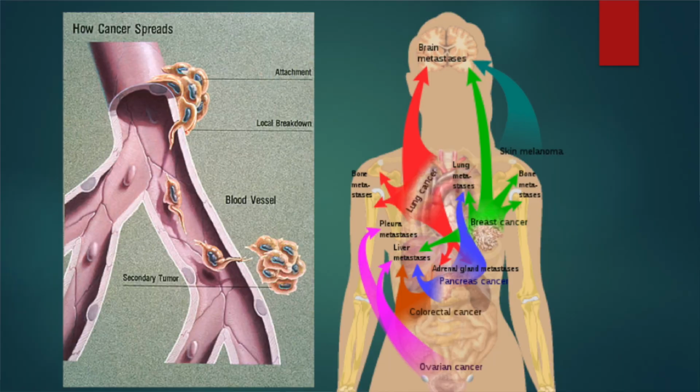So if you see the metastasis of cancer cells, from the site of origin, these cancer cells move to different parts of the body. A common example is that cancer of the lung will spread to the brain, or cancer of the kidney will spread to the adrenal glands. So this process is known as metastasis or distant metastasis, because from the site of origin the cancer cells migrate to different parts of the body, and this is particularly through fluids, blood, as well as the lymphatic system.